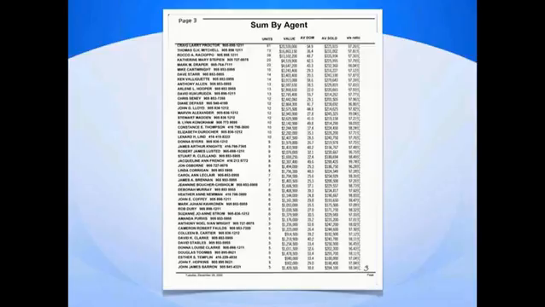So there's two ways to recruit agents. There's a passive approach where you run some of the ads that I've given you that you have access to now because you're coaching members. So you can go into the coaching site and you can run any of the recruitment ads to get licensed agents to contact you. But not every licensed agent in your area is going to respond to that.